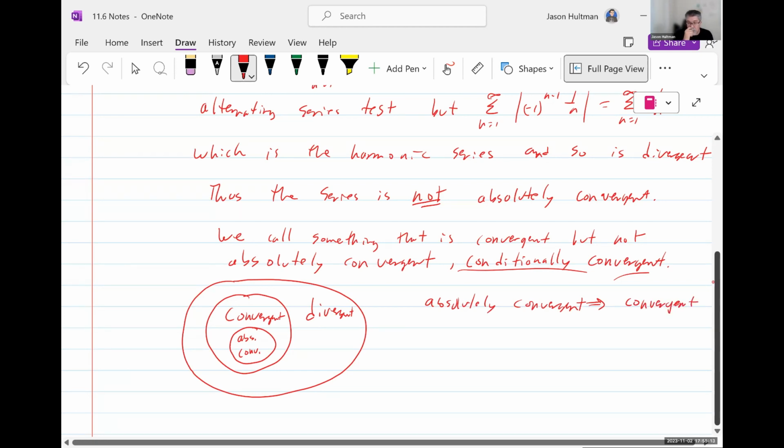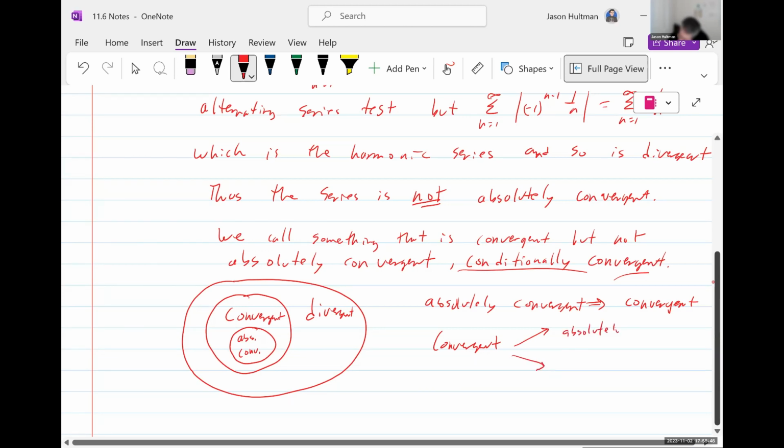So if we can get absolute convergence, then we know that the original was convergent, even if it alternated. Absolute convergence is stricter than alternating or than just convergent. But if something's convergent, that does not imply absolutely convergent, because it could be either